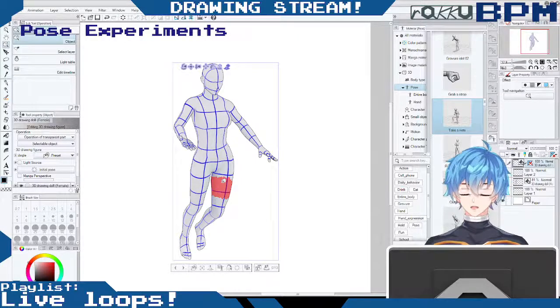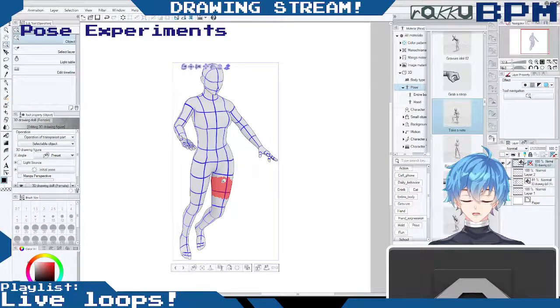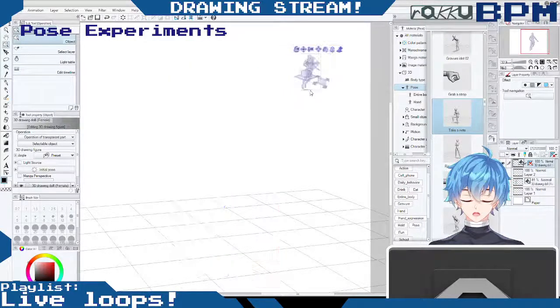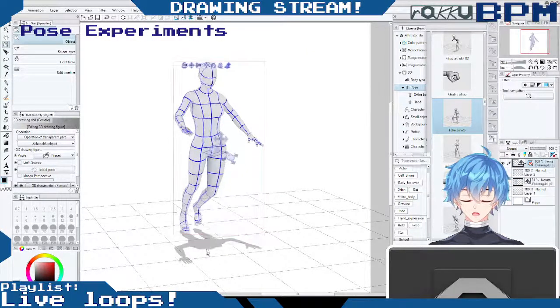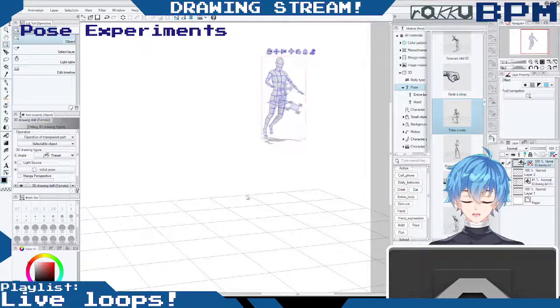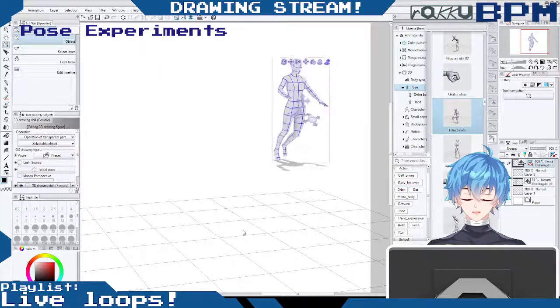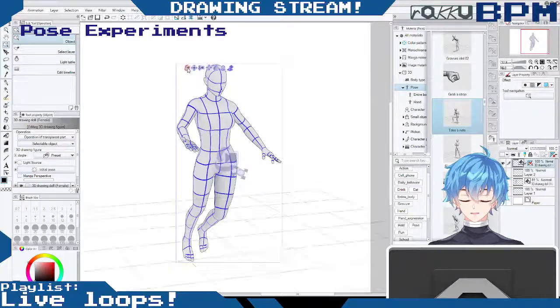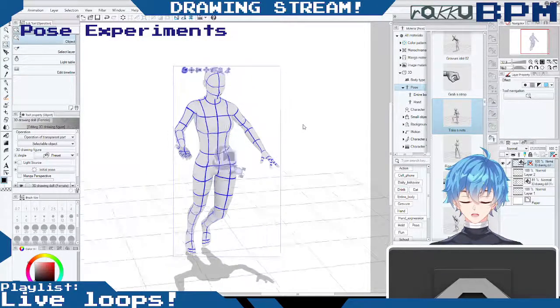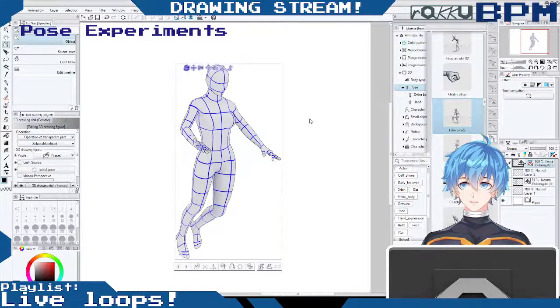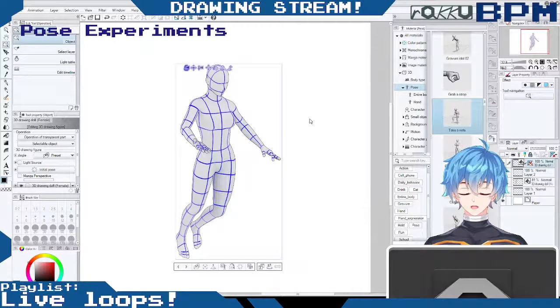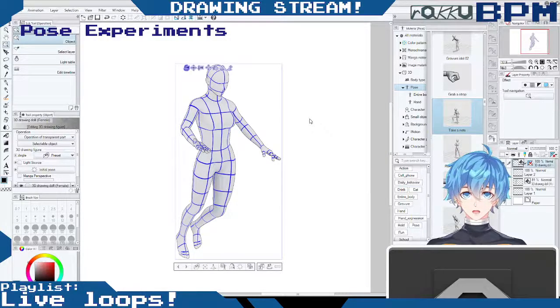What I foresee this tool being useful for my own work, in addition to getting some less static poses for concept work, I've started talking to artists for commission work for stuff here on the channel. And when it comes to ideas for how I want to set things up, or what kind of shot or drawing I want to propose for the commissioner, rather than try and describe it in text or using stick figures or something,